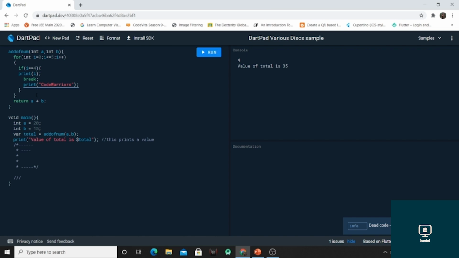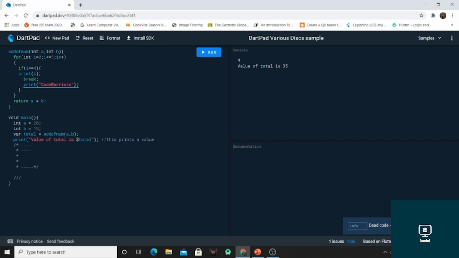So the output will be 4, and after that the value of total, 35, will be there. We can also see that on hovering over this part, it is showing us dead code. So the output is 4 and the value of total is 35.